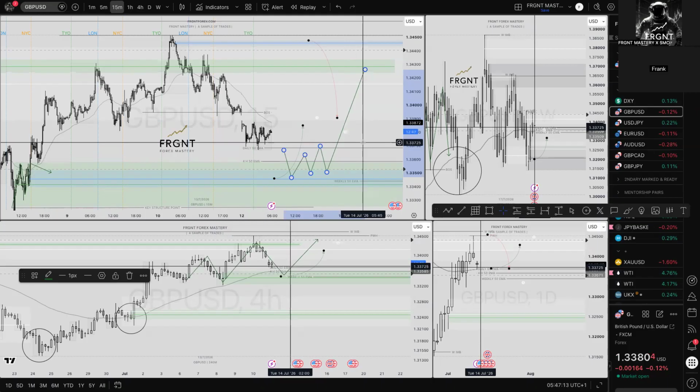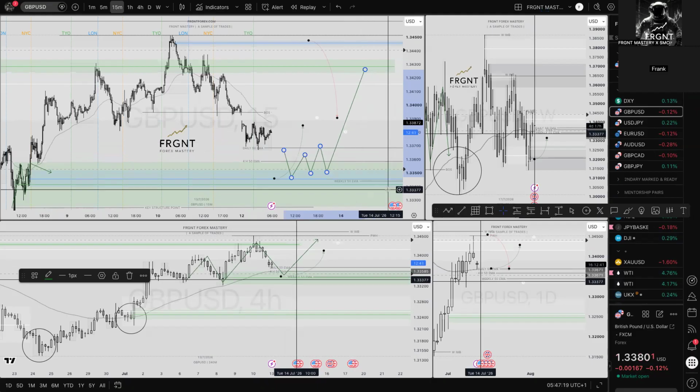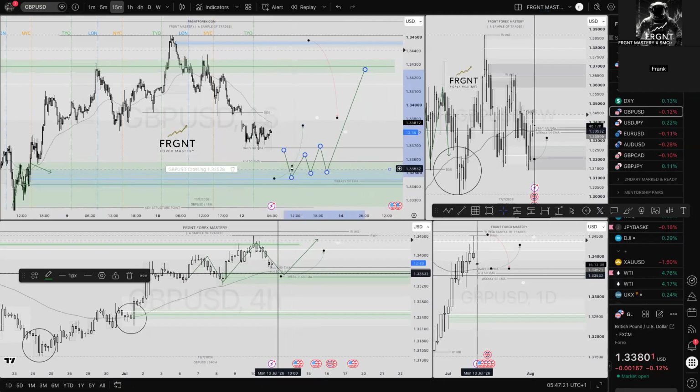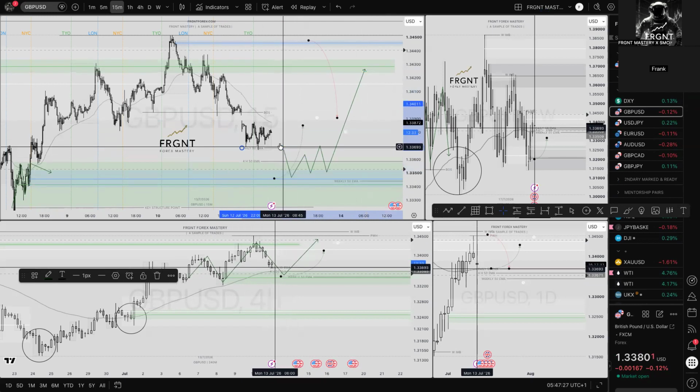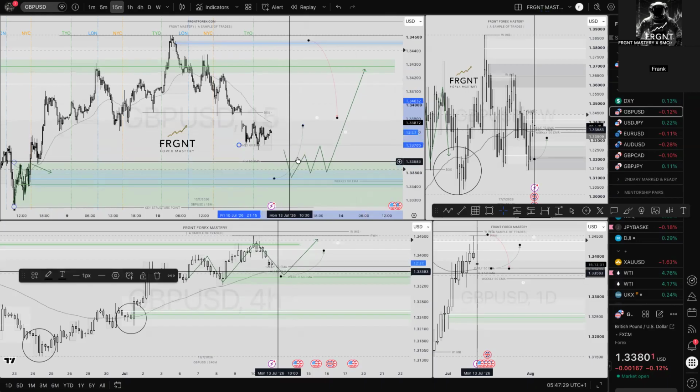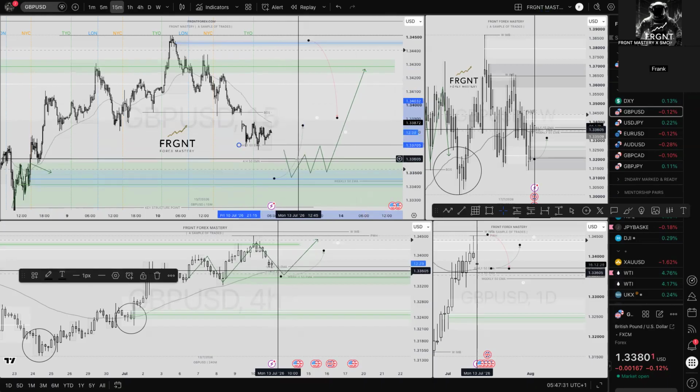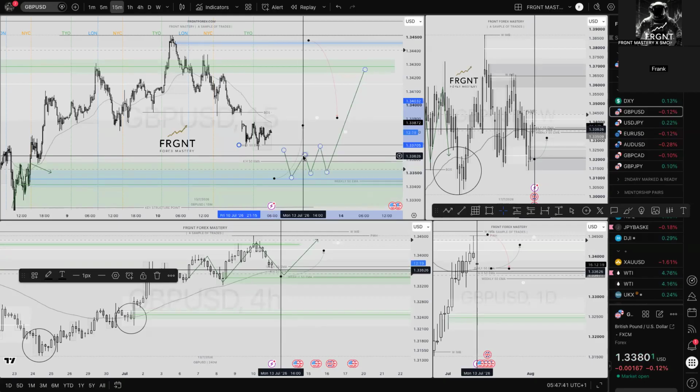Why? We've got the confluence from the daily rejecting the 50 EMA, 4-hour order block, 4-hour 50 EMA towards the highs. Price action, we just need to see that broken because the 15-minute time frame for today is looking slightly bearish, particularly when price looks to come down into that area. So we're just going to have to wait. Doesn't mean a position needs to be executed today. It's one that we have in our armory. It looks good for the week, for the days ahead. We're just going to sit, be patient, and identify that break of structure when it occurs.